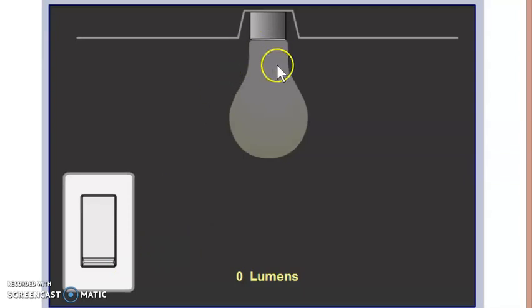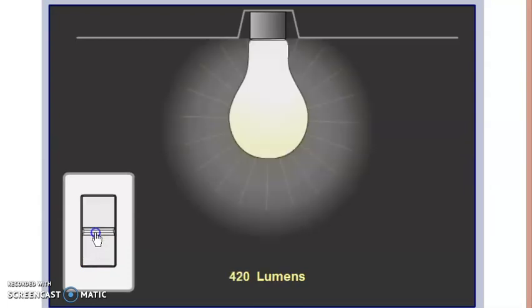So this is nothing but a lamp. I am just going to vary this slider and you can see that the light output is changing. And at the bottom part now you can see that it is 420 lumens. That is indicating the amount of light energy which is radiated from the lamp. So you can see that it is being radiated to all the output part of that particular lamp, so that some are getting reflected onto the floor, some are getting reflected onto the wall.